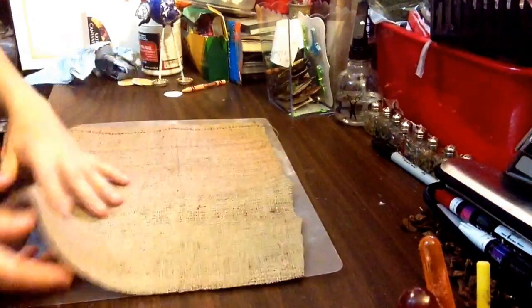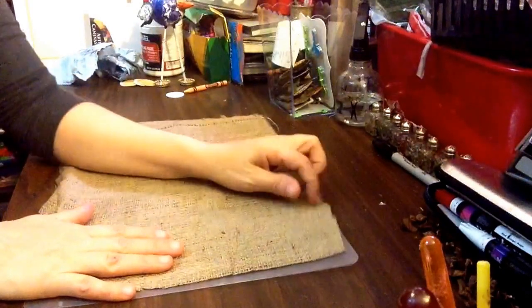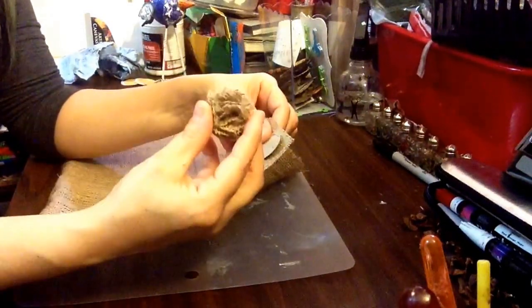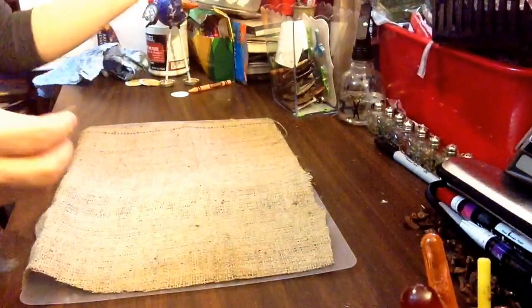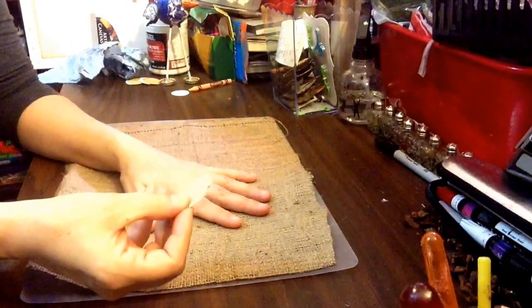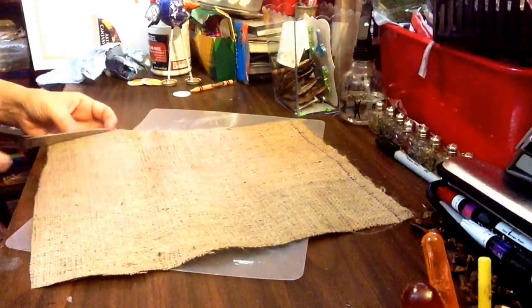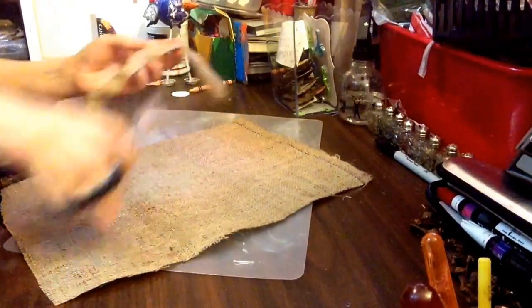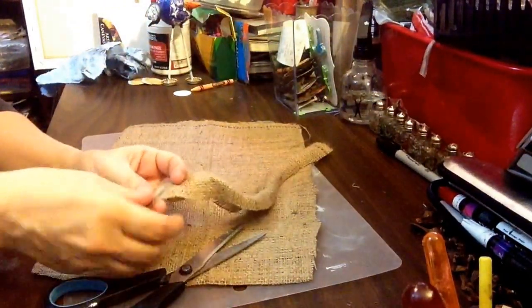So then I just lie it down on my plastic. So this is the raw burlap, and this is the burlap I use to cut around here and to get this kind of a flower right here. So it just kind of falls apart, but I'm going to show you what happens. I'll just take a little piece right here, and just go down here, since it's kind of bending anyways on me. So if I were to cut this piece of circle out for my flower,